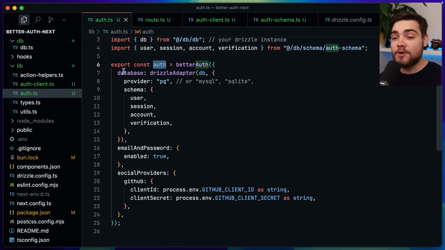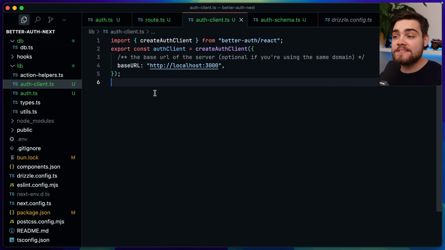The only other thing to mention is we also have an auth client. So this is the one that we're going to be using when we're doing any client-side code. If you're going to be using stuff on the server side, you'll do auth.api, which is in that file that we just saw. If you're doing something on the front end in client code, you'll be using this auth client instead. So the installation step there is super easy and only takes a few minutes,